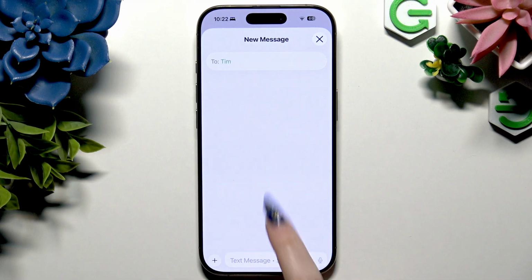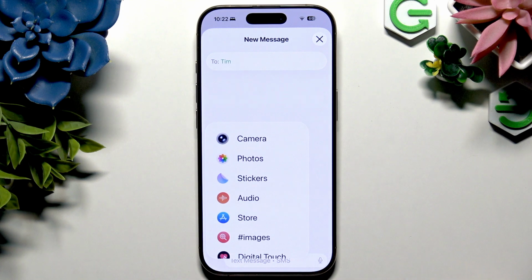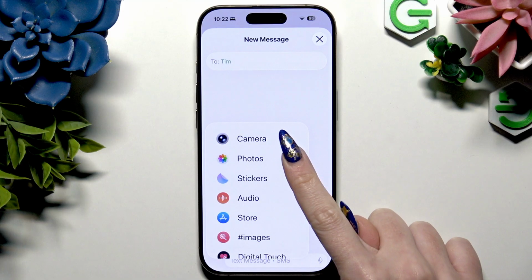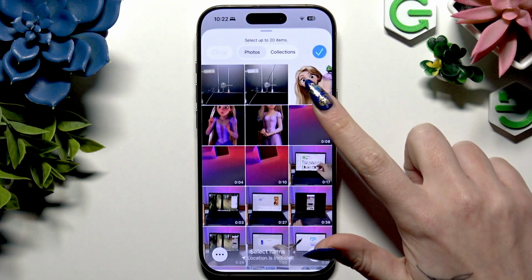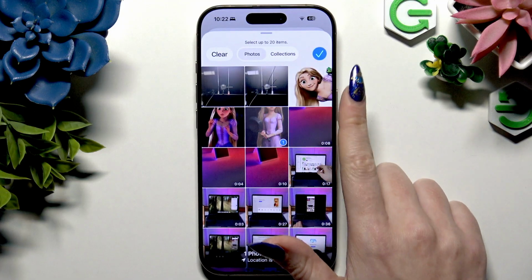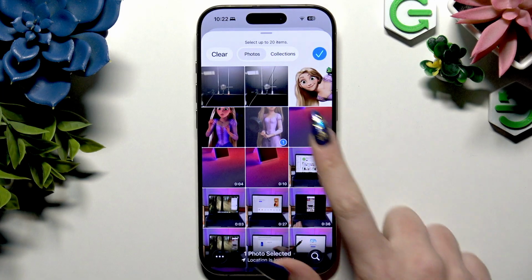Now, if you want to add photos already on your device, use the same plus, and this time select Photos. Now you need to scroll down, click on all of your pictures you want to add, and if you can't